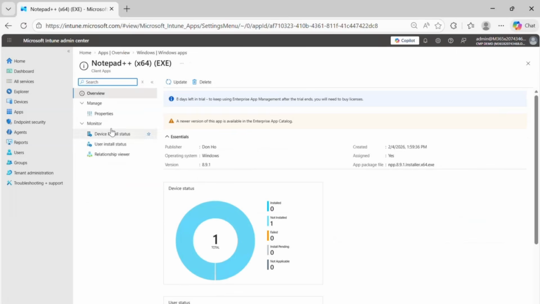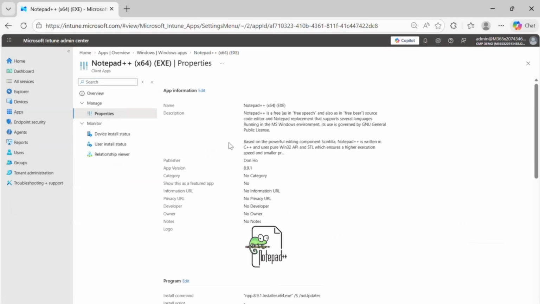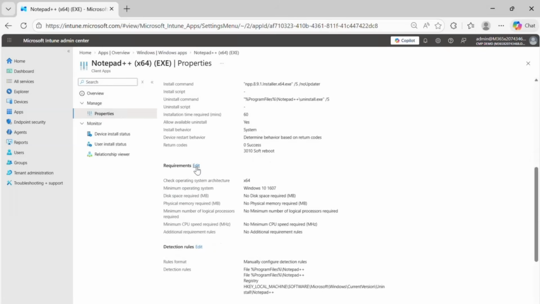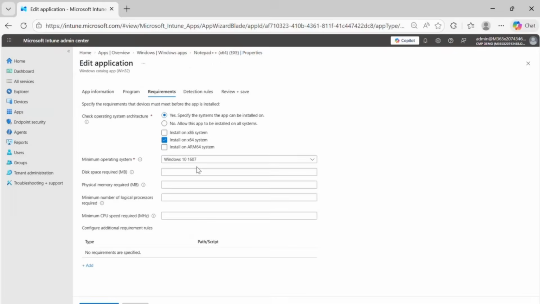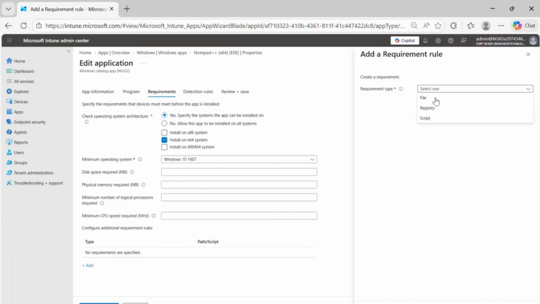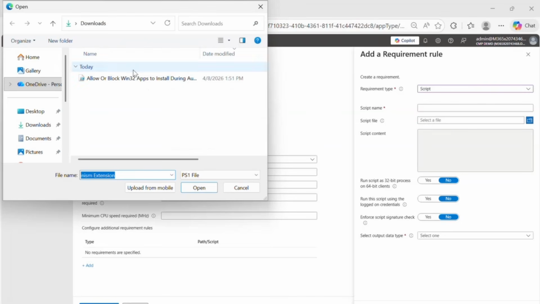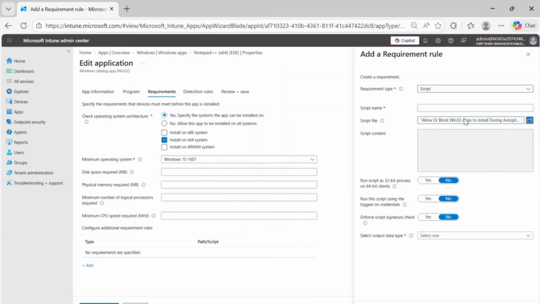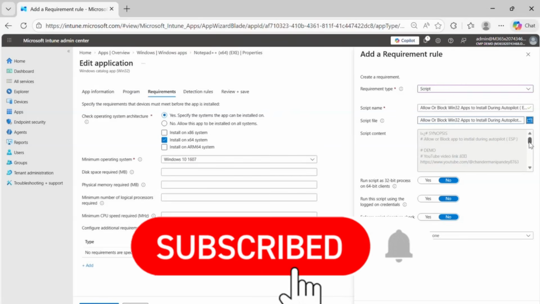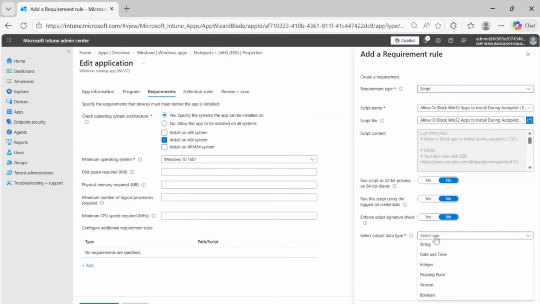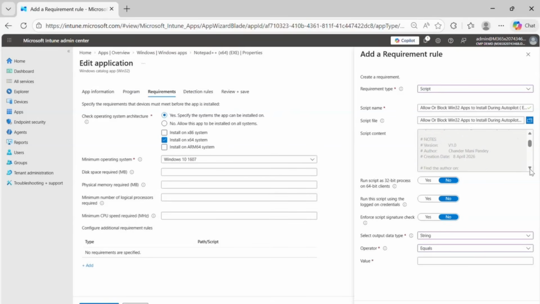We have to go to the properties and then create a requirement rule. Let me edit the requirement, and inside that we have to add a requirement rule, select the script-based requirement rule, and then upload the script. Let me upload the script. I already downloaded that script and it is in my download folder, and I will share the script link with you. Then we have to select the string, the operator is equal to, and then add the value called